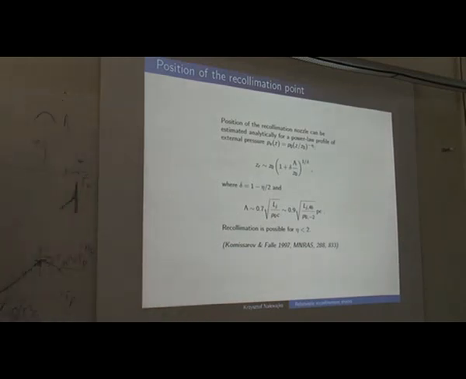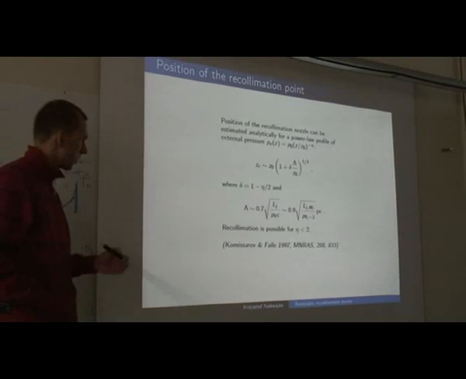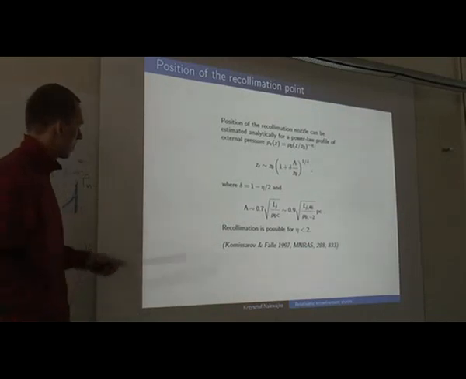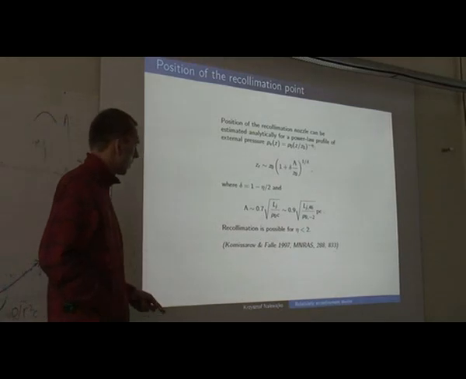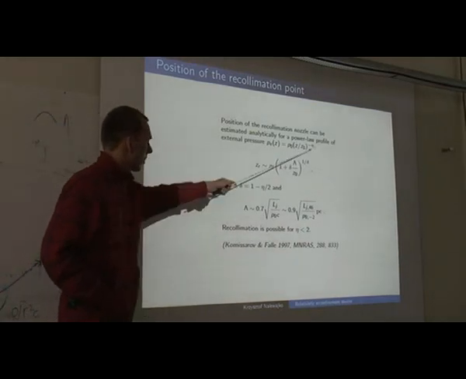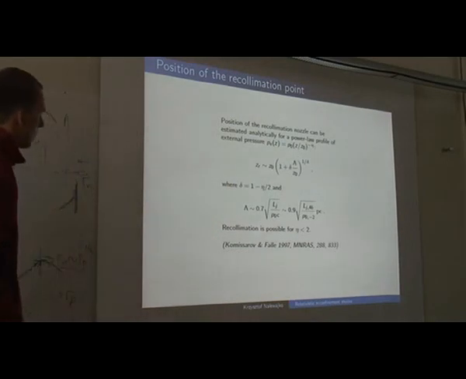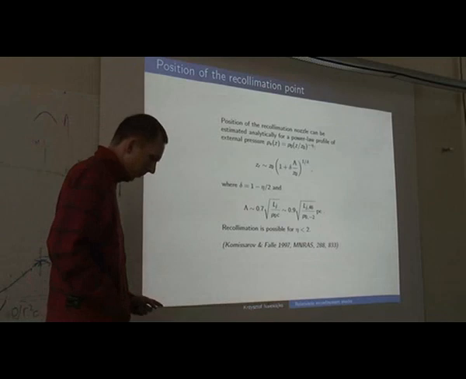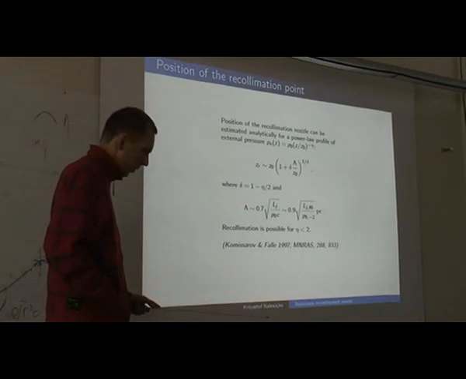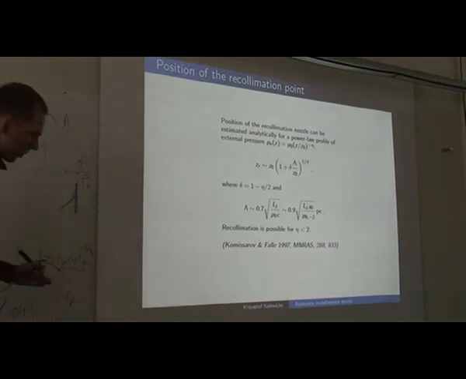So it is really a question of the energy, how energy in the jet compares with the energy density in the medium. Recollimation is possible if this eta is lower than 2. And well, there is a question of how good this estimate is, because